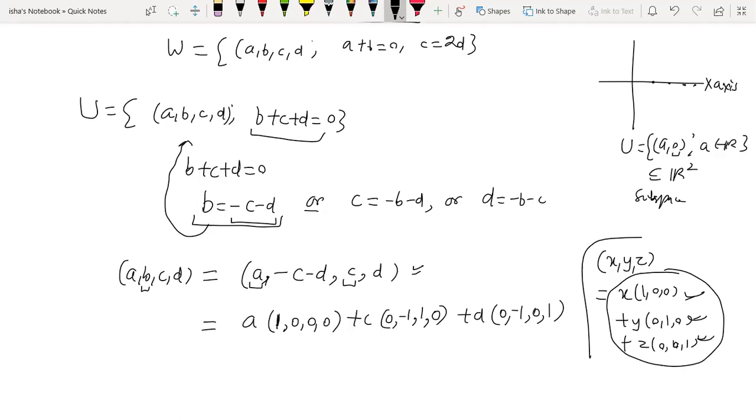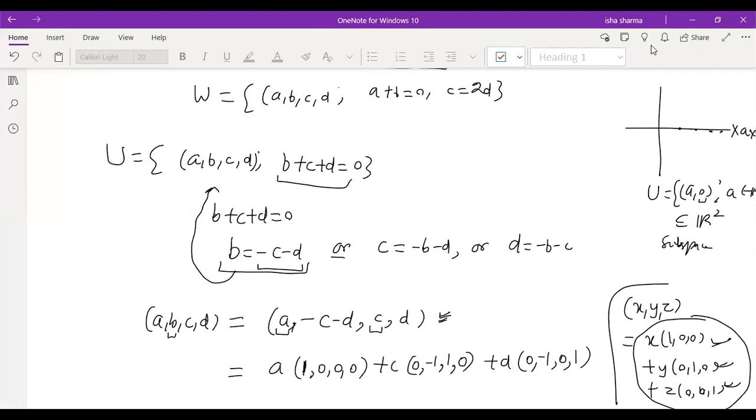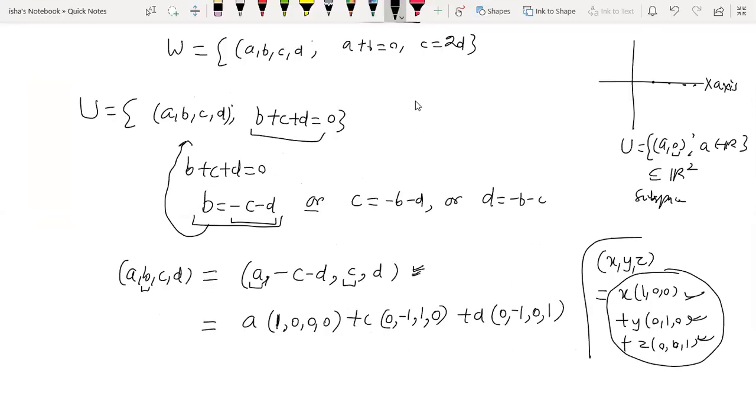This is something you need to practice, that given a point in this form, you should be able to write it like this. We are trying to identify the vectors which are free from scalars, so the scalars will come outside. You count the scalars. There were three, A, C, D, so that means three vectors will be coming. So you just need to write it in this form. I hope this is clear. We will do more examples for the same, then it will be clearer.